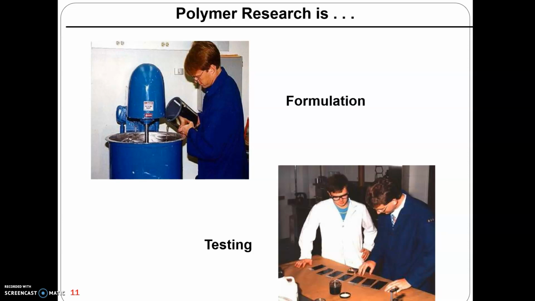Because sometimes if we test our polymer at our lab scale, it's different when we go to larger scales. And when we form the polymer alone, the properties of these polymers are different when these polymers are alone or mixed in the final formulation for the application. So after synthesis and characterization, we need to make the formulation and to mix our polymer with the final application formula. And after that, we have to test everything: mechanical, chemical, thermal properties, etc.